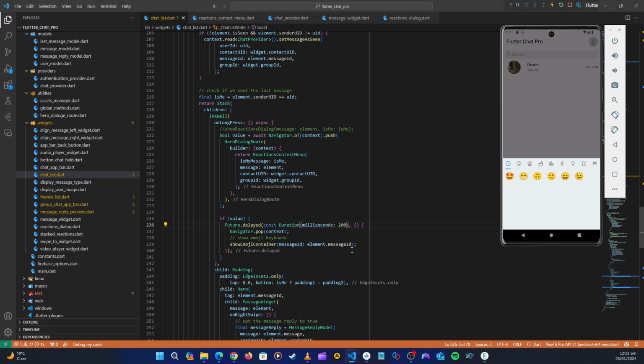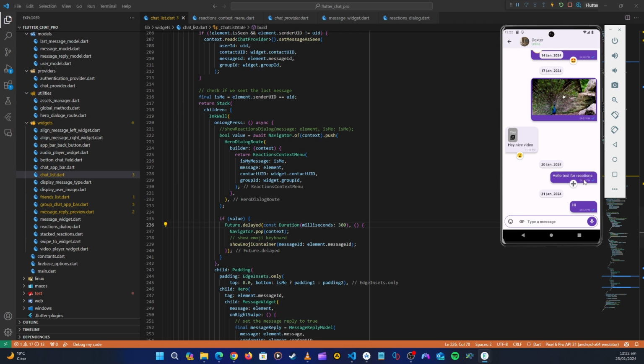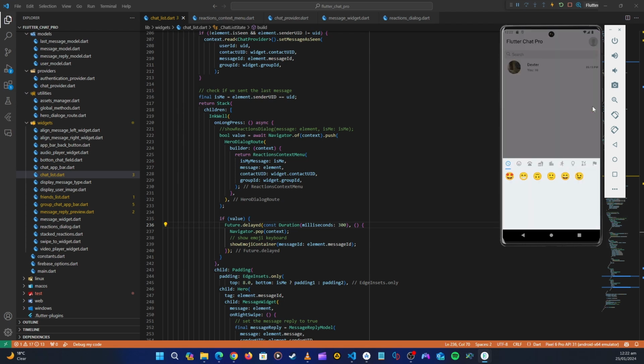So maybe we have to put 300 here. So if we hold and then let's do that, yeah, you can see now we are watching that message come,